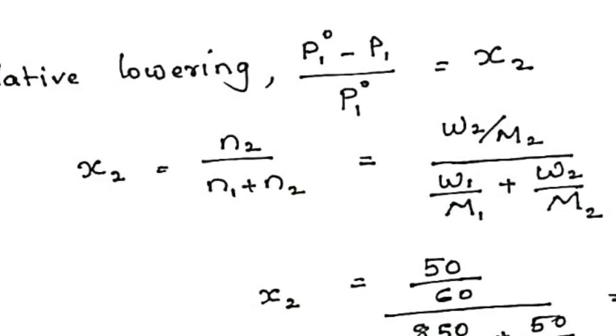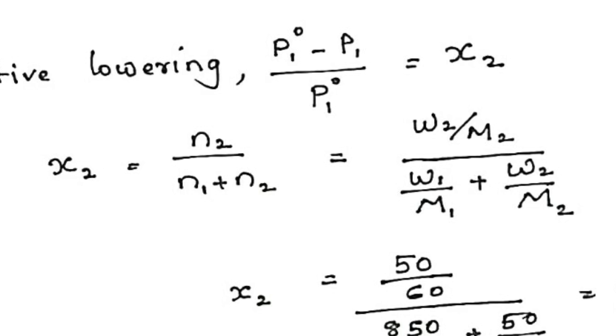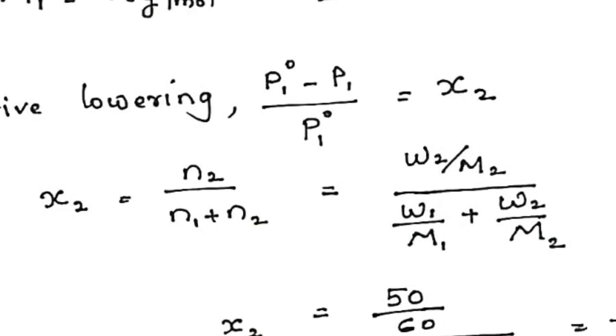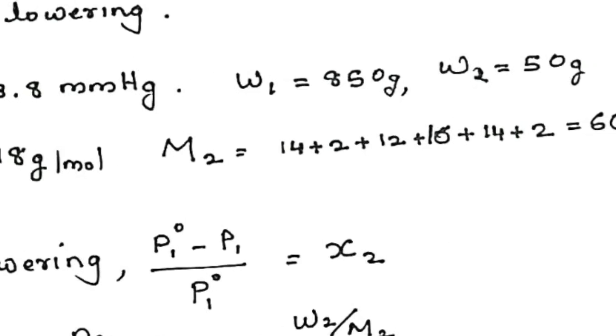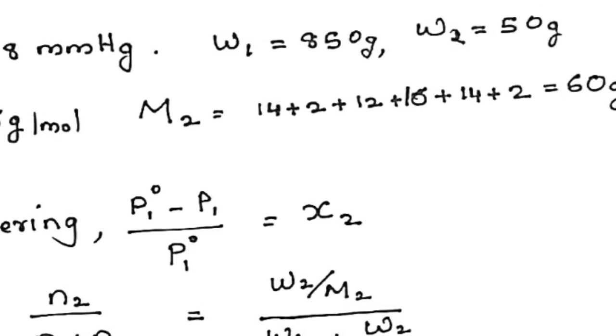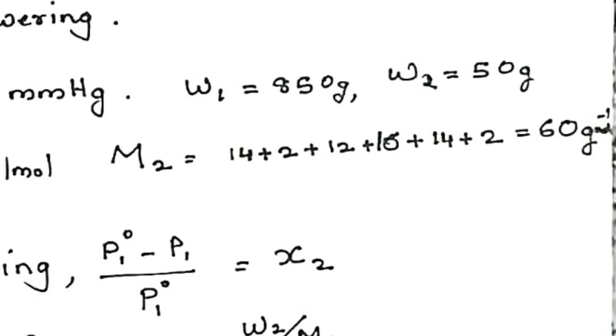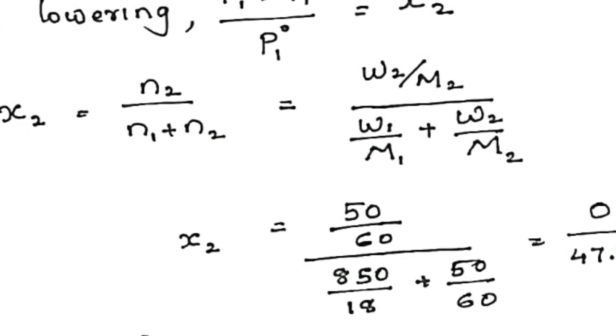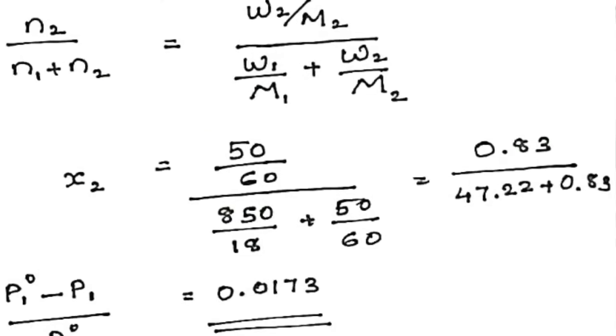So we can write this equation as X2 is equal to (W2 by M2) divided by (W1 by M1 plus W2 by M2). All the values for W1, W2, M1 and M2 are given. So substitute these values in that equation, so that X2 is equal to (50 by 60) divided by (850 by 18 plus 50 by 60). On calculating, you are getting the value 0.0173,